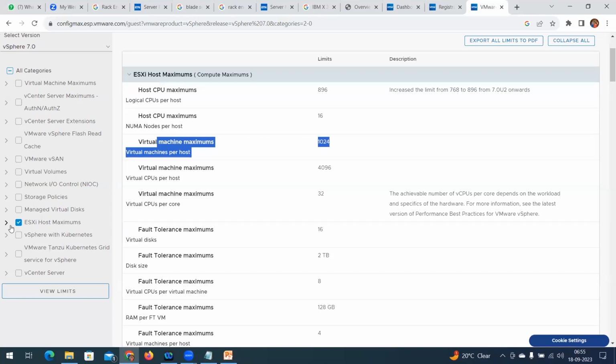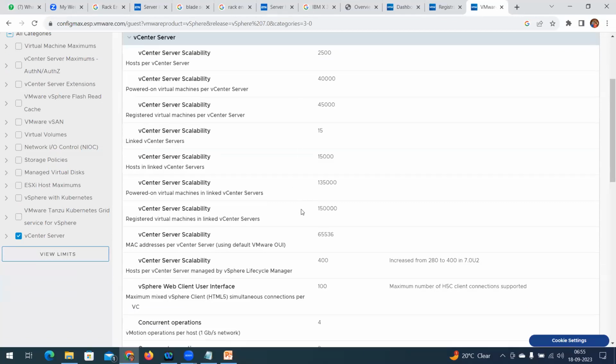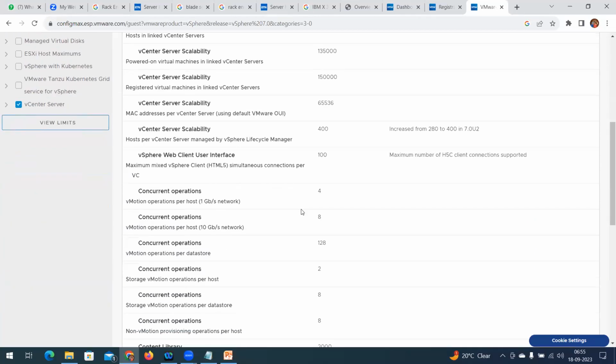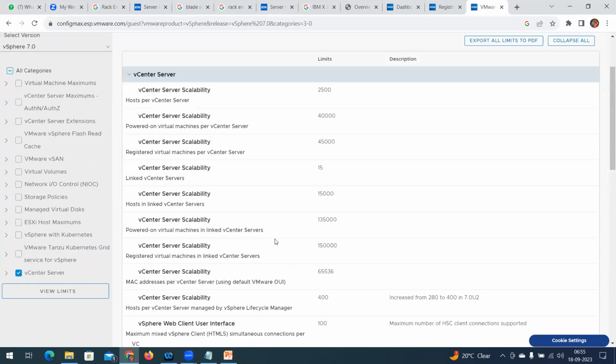Whereas in vCenter server maximums, vCenter is a centralized management console. While talking about vCenter server, how many ESXi hosts can be in one centralized management? How many virtual machines can it manage in one console? That's where how many servers and how many ESXi hosts it can support all come in. Clear? We are going to discuss all these concepts, no worries, while discussing